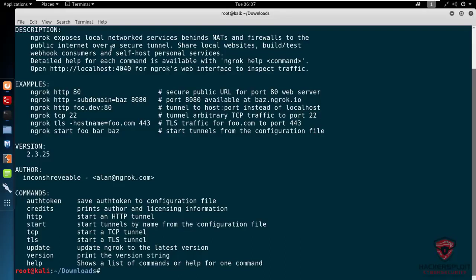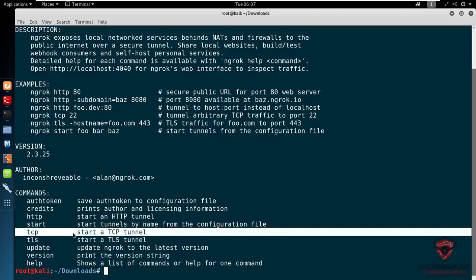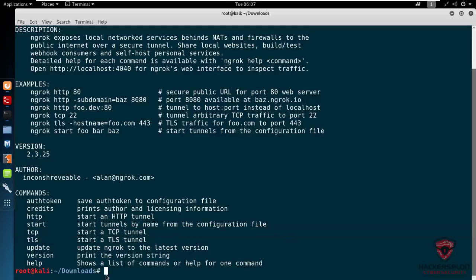So I run ngrok, and then I specify the protocol, which could be TCP, if I'm exposing a particular port. If you're working with HTTP here, you can see you expose port 80 or a particular subdomain. And then, of course, if you're running nginx, all of that good stuff, I've already explained this before. We are working with TCP. If you want to use HTTPS, you can set up the TLS tunnel right over here. But we are setting up a TCP tunnel because the payload we're going to be using is going to be the Android